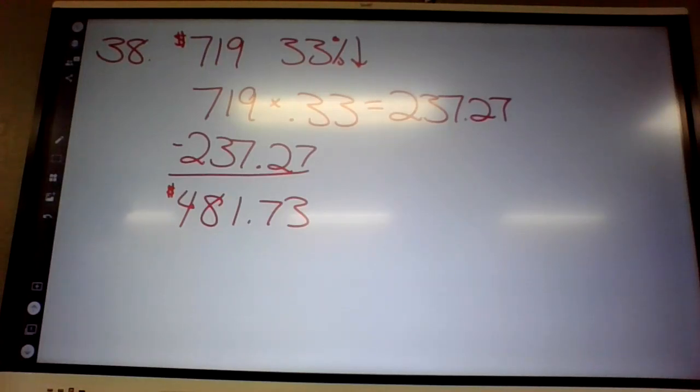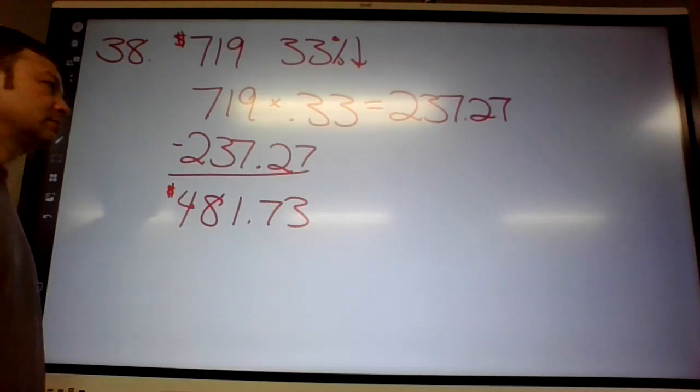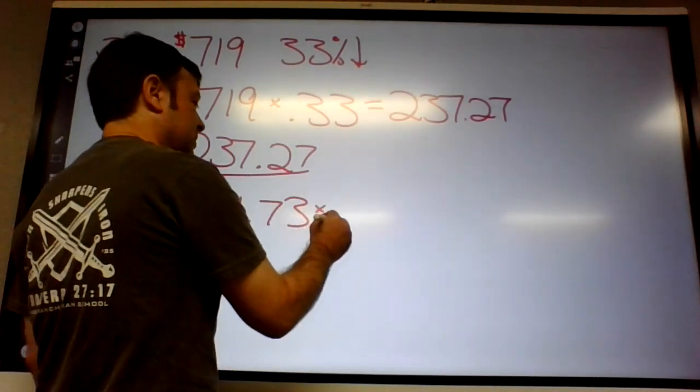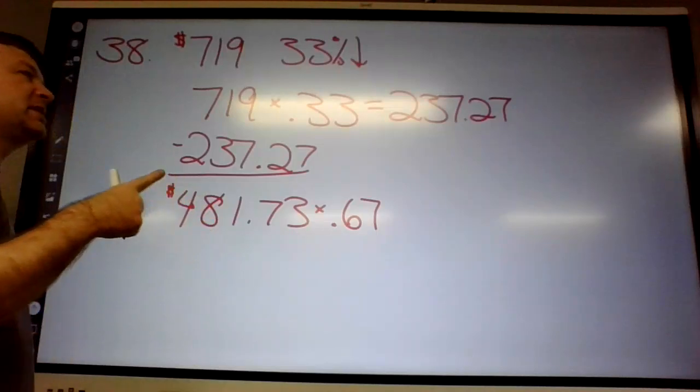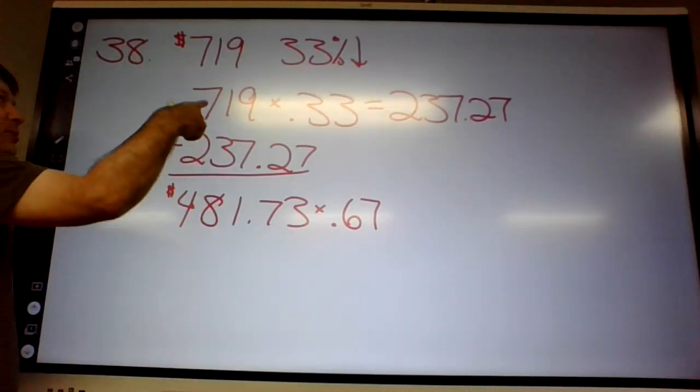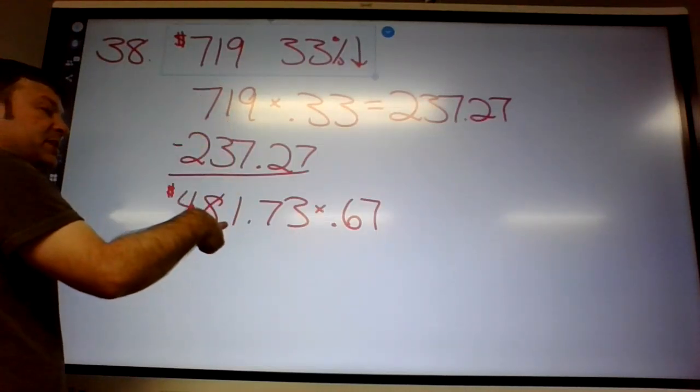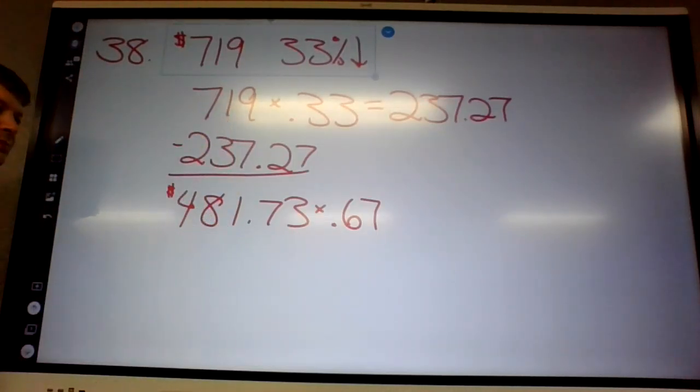Okay, then they said after that it dropped by an additional 67%. Just do 100% already. No, it's not 100%. It's not 67% of the original. It's 67% of this. So then times 0.67 is